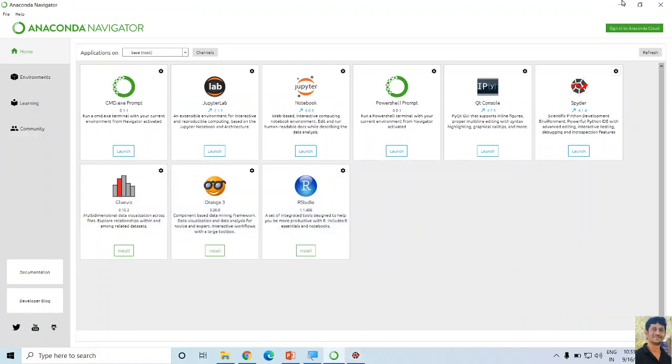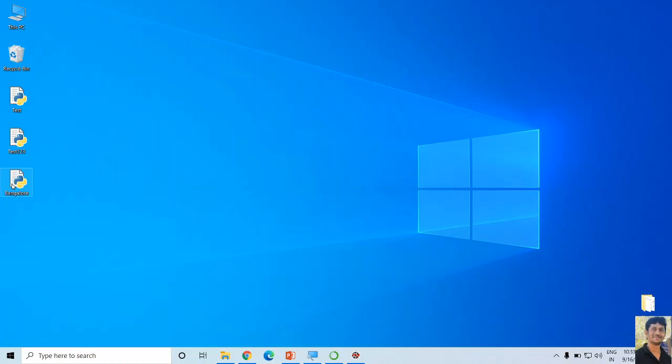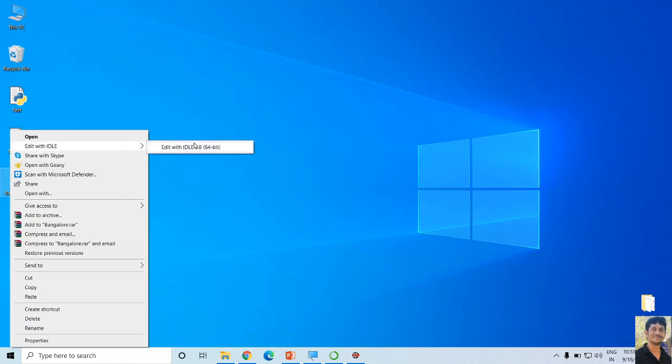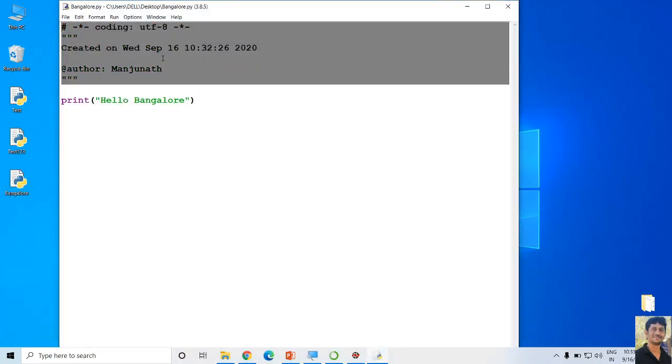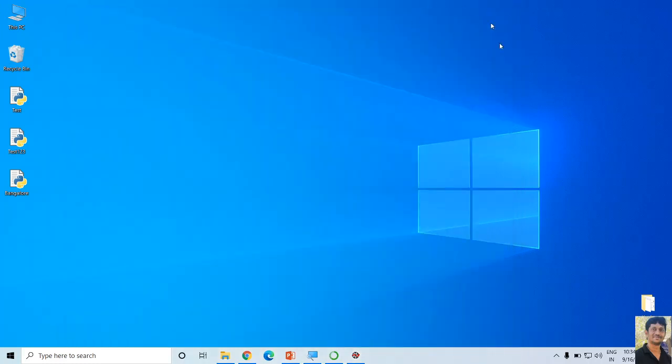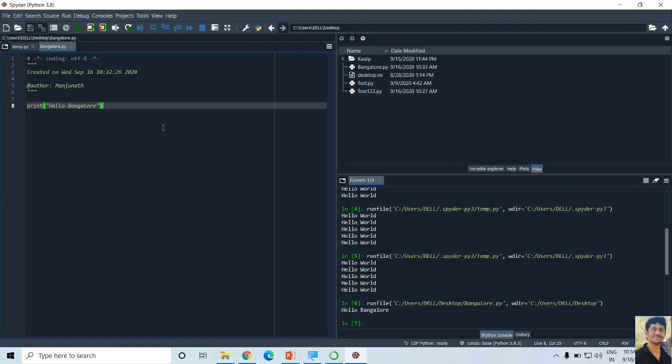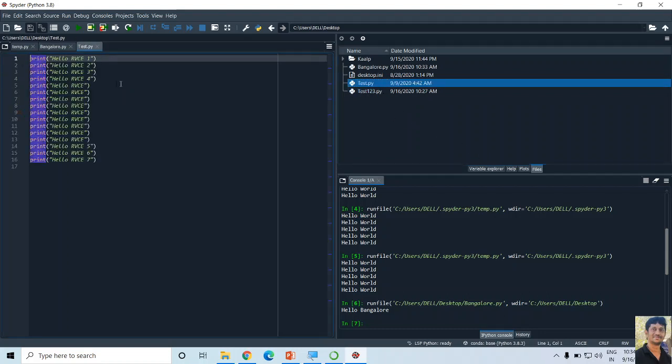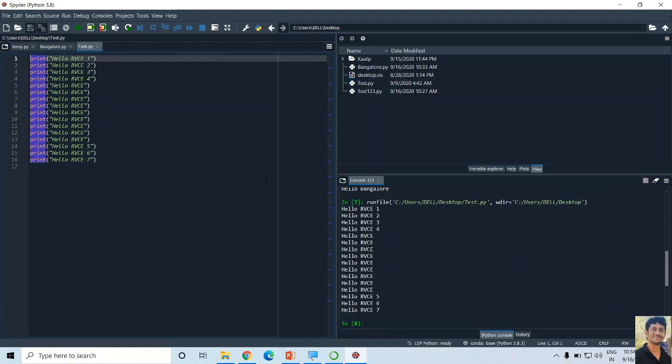Now the same file is available on my desktop. Click edit with Idle, edit. You can see here I even have some comments. Okay. So we will see what we mean by comments in an upcoming session. So this is how you can create a file in Spyder IDE, and you can even browse other files also. For an example, test.py, which we created a few days back. Let me load this. As soon as I double click, this will load the file. I can even run all the Python files in Spyder IDE.